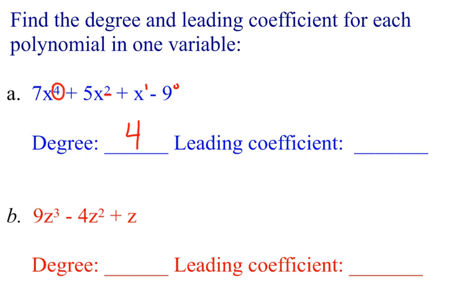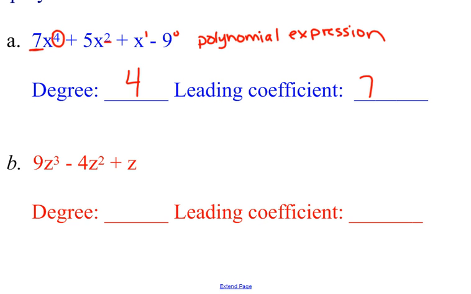I don't have a specific name for this expression, so I would call it a polynomial expression. Anything after 3, that's what we call a polynomial expression. And then the leading coefficient is the number in front of that x to the 4th, so my leading coefficient is 7. For letter B, hopefully you can tell that this would be called a cubic function, or expression, because